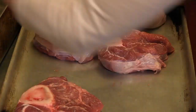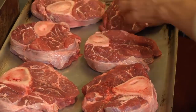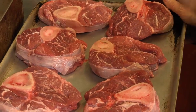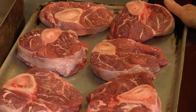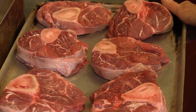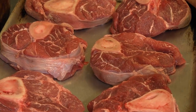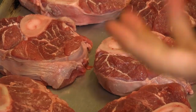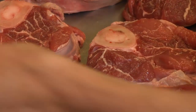So when you're doing a dish like this, for the seasoning, you want it to be evenly seasoned with salt and pepper, but you don't want to over season, because afterwards you're going to reduce the liquid that it's cooking in. And if you've over seasoned it, you're going to have your sauce too seasoned. So we want to take it easy, but at the same time, if you don't season it properly, you need to season your meat when it's raw,